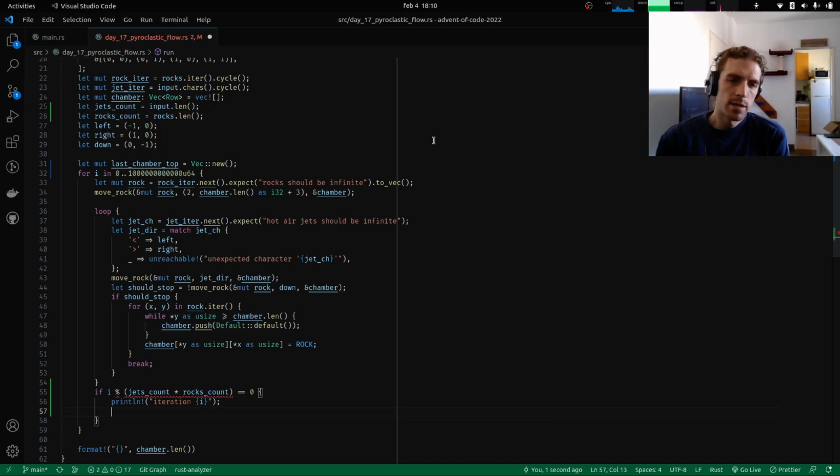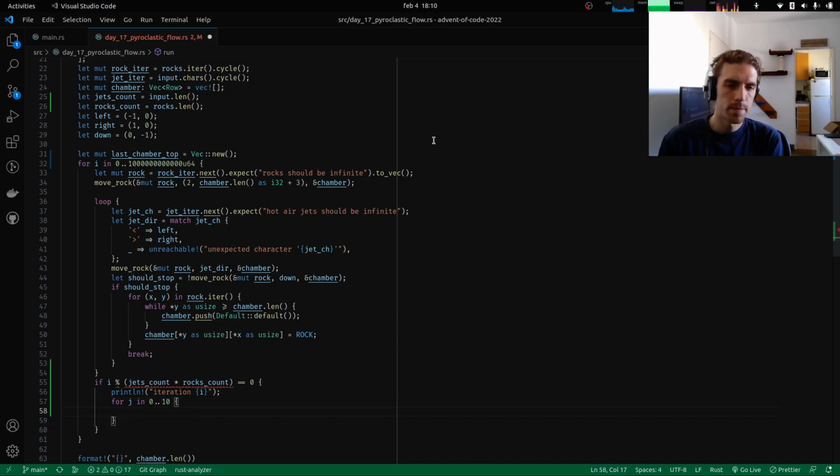We can keep, like, the top, print the top 10 rows of the chamber. So for, I don't know, j in this, let's do, how are we going to do this? Let last row be last chamber top,